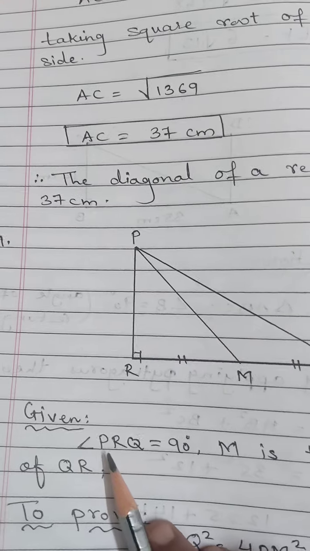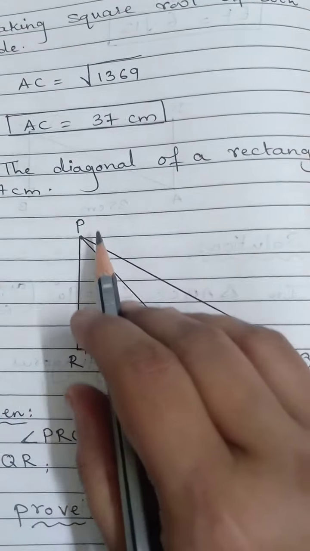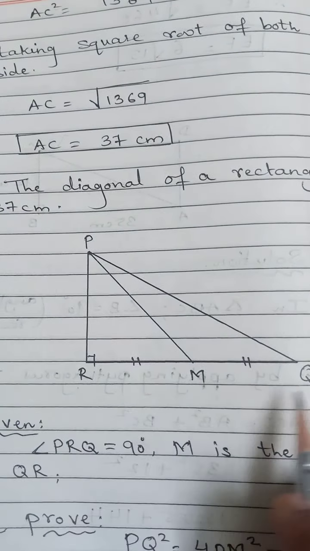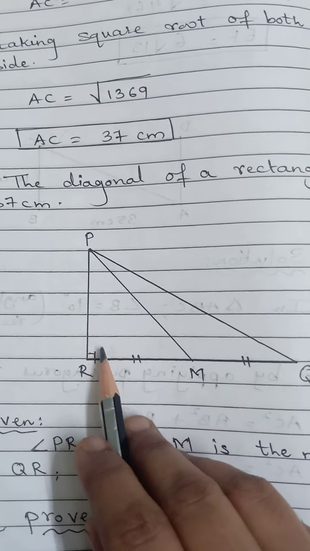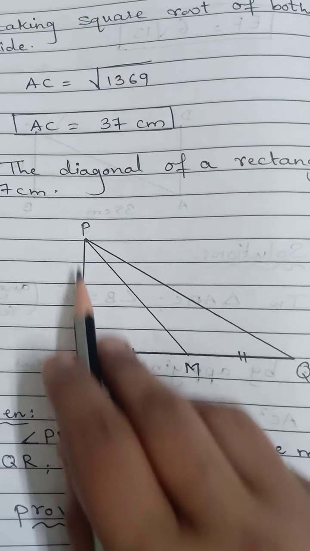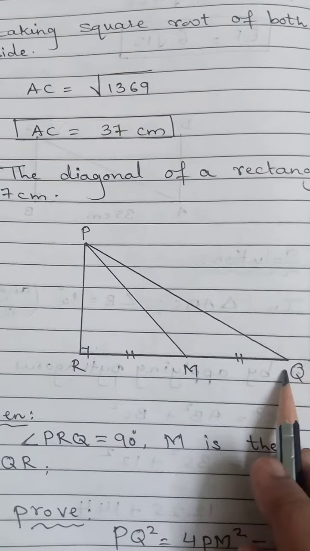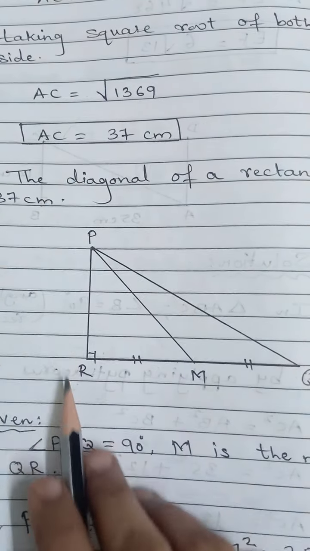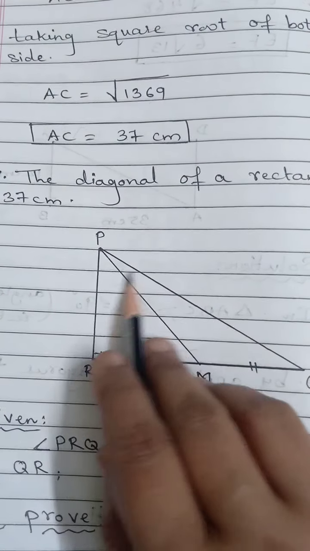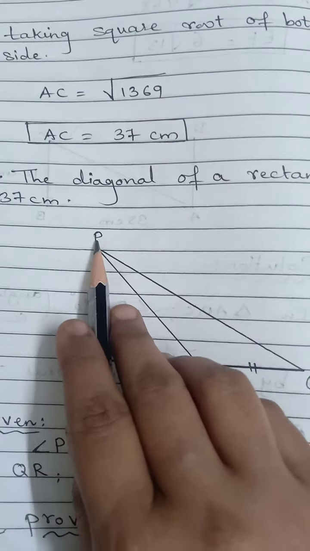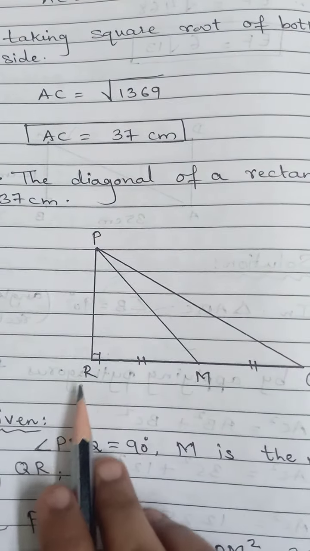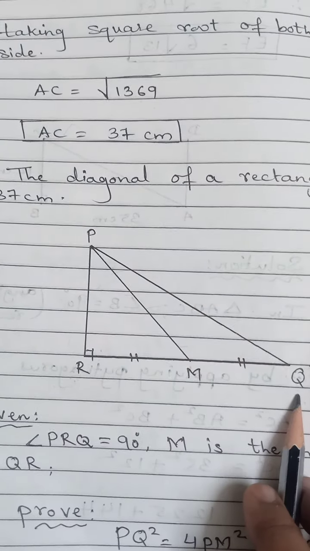One more thing is given to us, that is angle PRQ is 90 degrees. So in the big triangle PRQ, if one of the angles is 90, then it is a right angle triangle. So we can apply the Pythagoras theorem, that is hypotenuse square. The hypotenuse for the big triangle is nothing but PQ. So PQ square will be equal to PR square plus QR square. I am talking about the big triangle. Don't take this side. Only the big triangle you have to see. So the hypotenuse is PQ. PQ square is equal to PR square plus QR square, or you can write RQ. Both are one and the same.